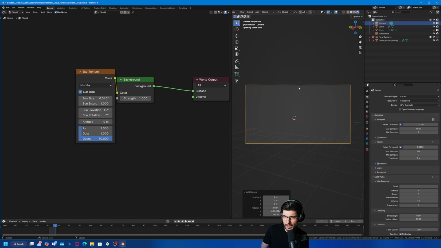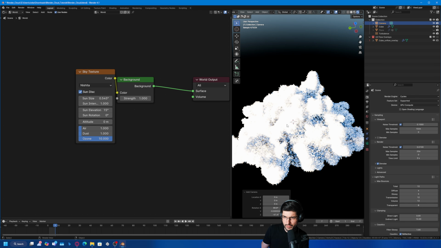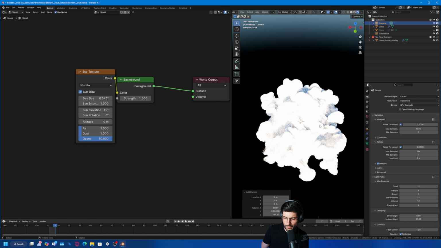So I'm really happy with it. Now what we're going to do is put this in Unreal Engine, just so we can see what that looks like in there as well. So for us to be able to export this and, for example, use it in Unreal Engine, what we need